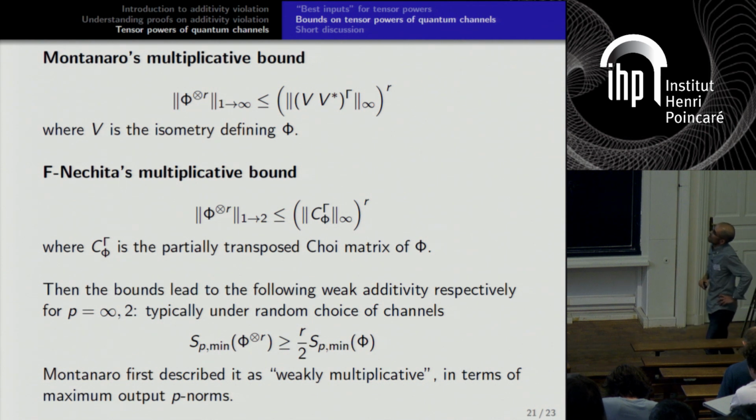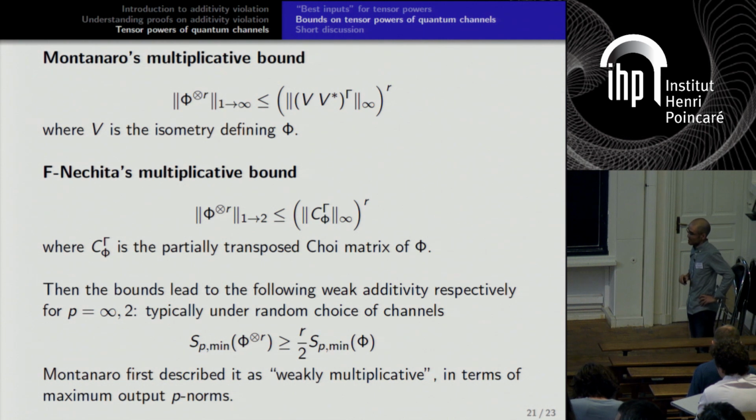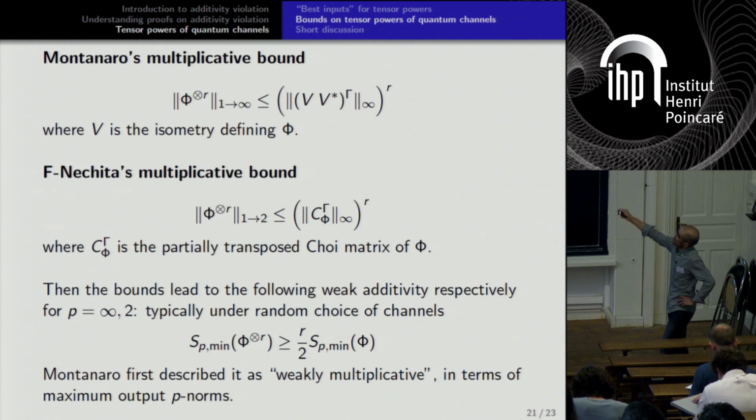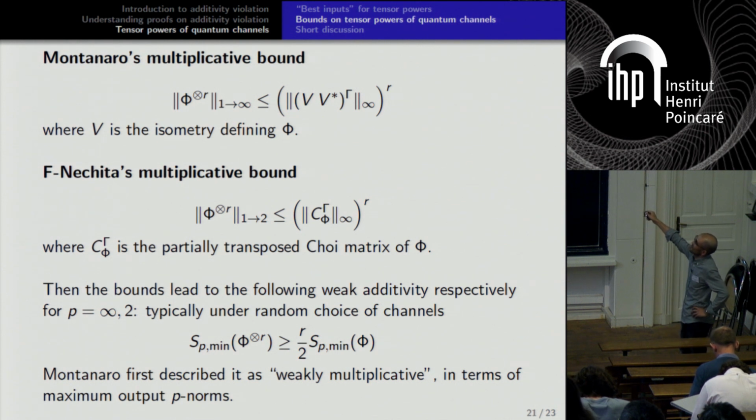Let me introduce some other research which is related to the tensor product of quantum channels. This research was done by Montano. Maybe he is here, I'm sorry if I'm wrong. So this is an isometry here, and we have a kind of projection here, and we have partial transpose here, and the infinity norm. This gives a bound. I wrote multiplicative bound because this tensor comes with this tensor here. So actually, this is kind of dealing with the tensor product with an inequality.